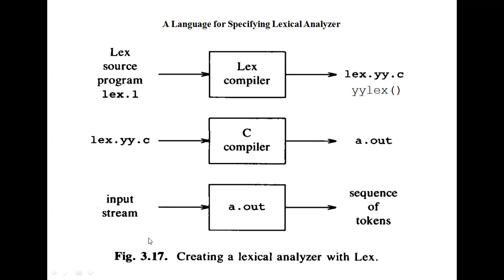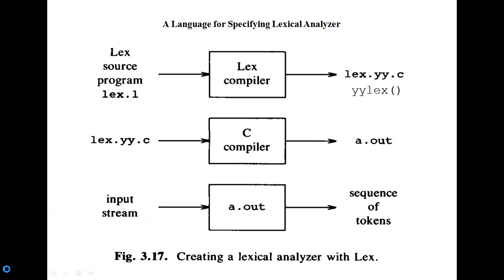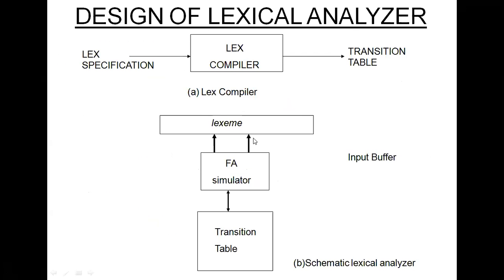See, at the starting of the class, I showed you one representation, the schematic of the lexical analyzer. What it means is, from the transition table, after performing the simulations, what are we generating here? Lexemes. We are generating the lexemes, and we are getting these lexemes from the tabular representation of the transition diagram. That's the thing that we are learning here.